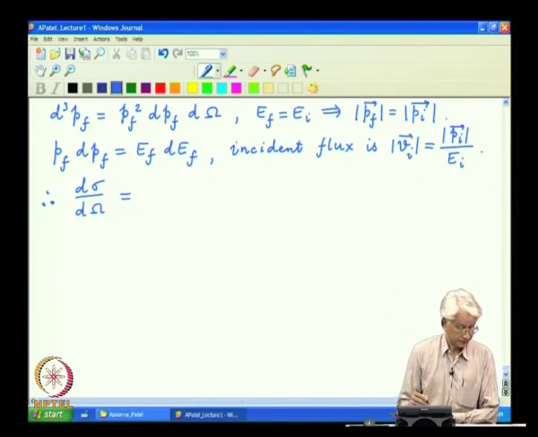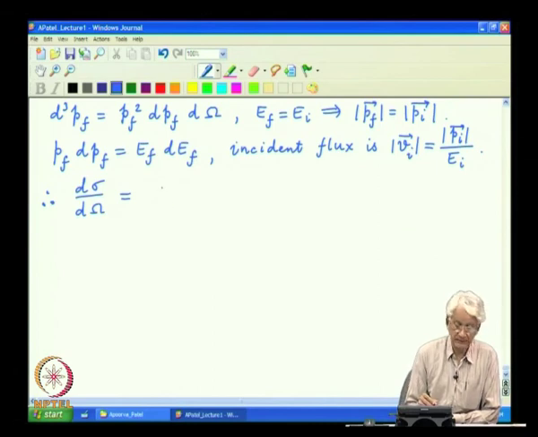So, the momentum delta function or momentum integral gets eliminated by the delta function in energy. The other factors of P f square get eliminated by division of the incident flux. So, the factors of P f square actually completely disappear, and one can do the simplification of the algebra, where